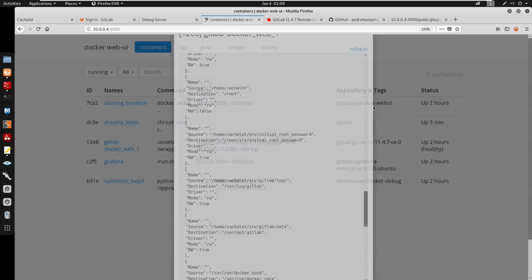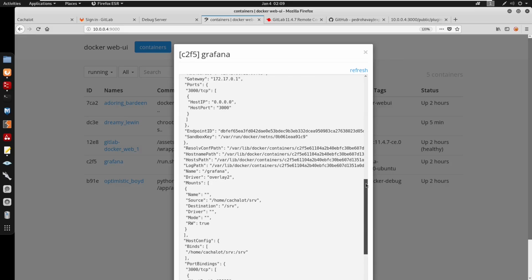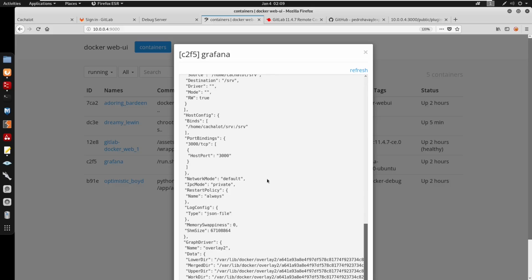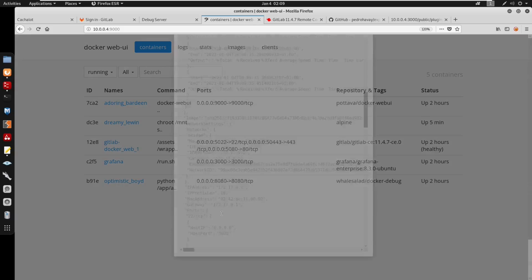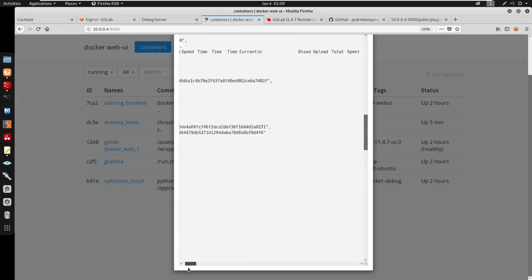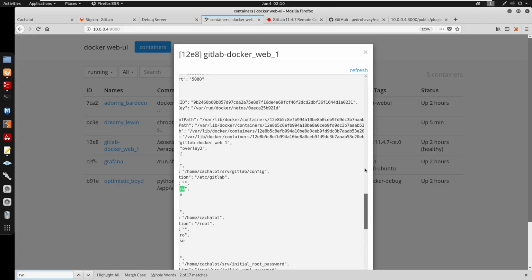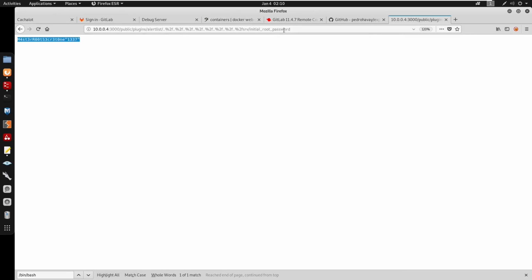Looking back over here, I'm going to go under my Grafana to see if we have any passwords under here. It doesn't seem like we have any directories or files that we can read. We were able to read that file since we have read and write. If I go to GitLab, you'll see that I have the mode for read and write, RW. So that's where we're able to use that LFI to read that password, which we have for the master